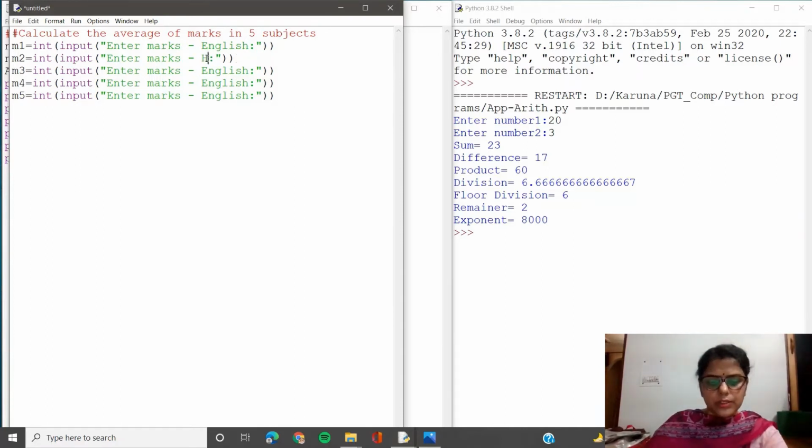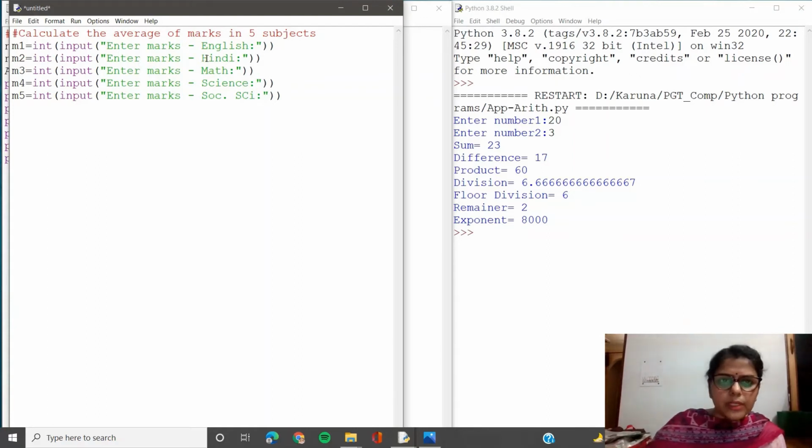Let's say English, Hindi, the 5 basic subjects, mathematics, science and social science we will take. So I put it maths, science and social science. So this will be replaced, the message, the prompt inside my brackets.